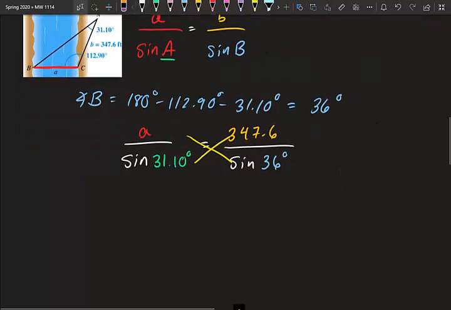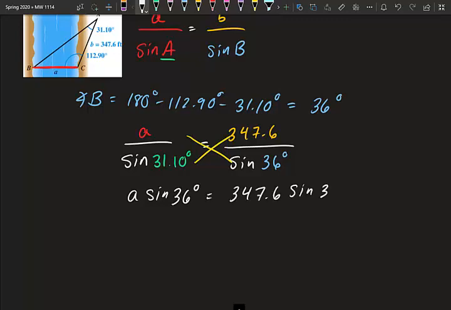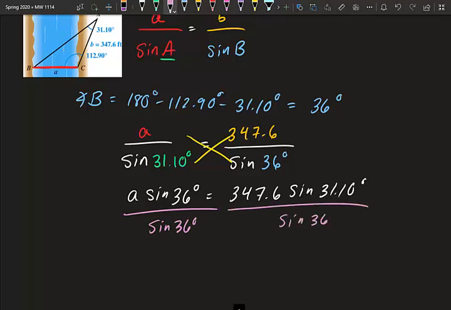And when we do, we get A sine 36 degrees equals 347.6 sine 31.10. Divide, and then plug it into your calculator, getting ahead of myself. So we divide by sine 36. And when you do, you get A is approximately